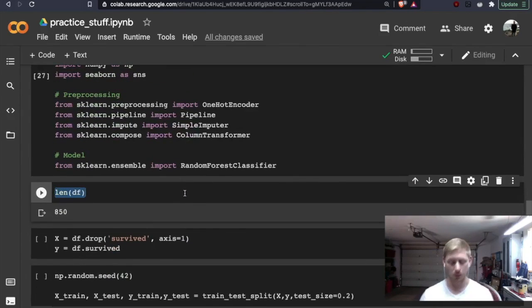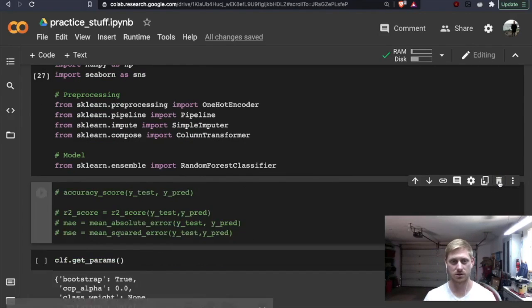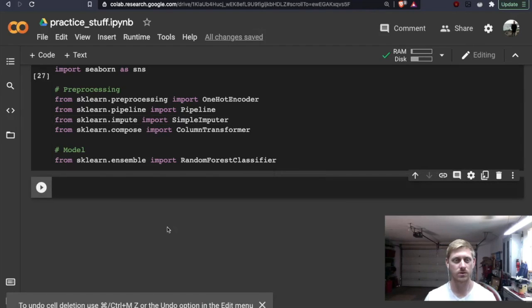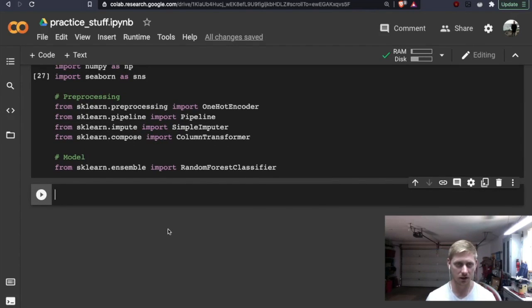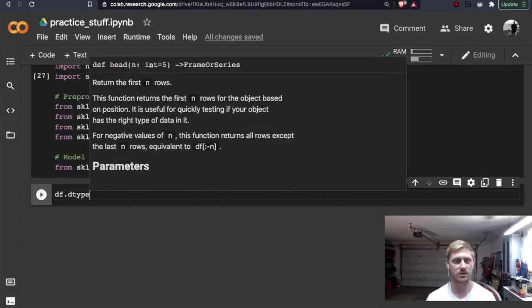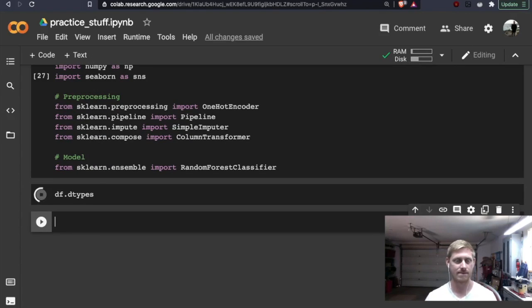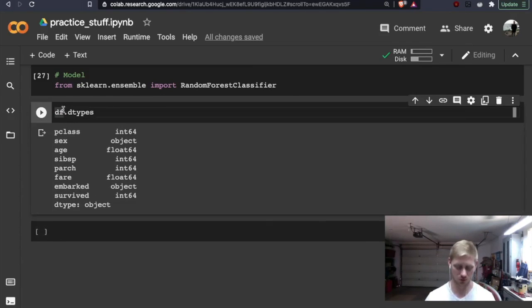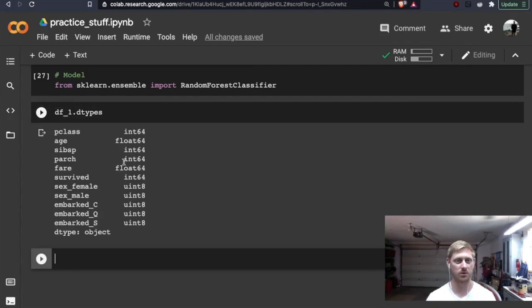Okay. Now that we have all that, let's trash the rest of these and then we'll recreate them. So next up, we've done our EDA pretty much. We imported pandas twice for good luck. And now, what am I doing? I don't know. What do we have? Data frame .dtypes. Oh great, and no, it would be df1 because that's what we're working with.